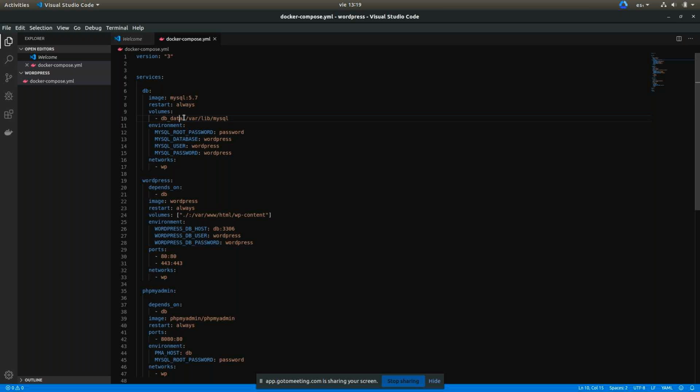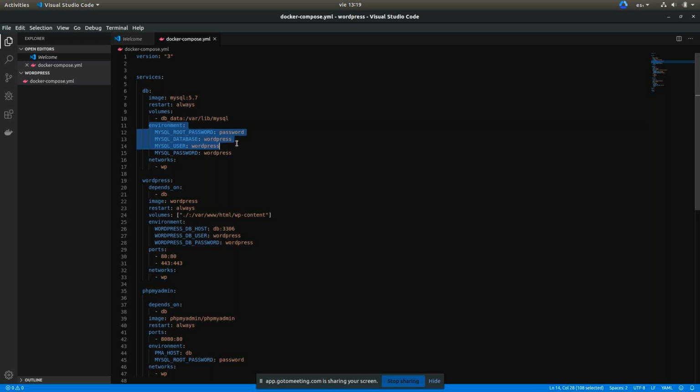The left side is on the host machine, and the right side of this line of code is on the container side. So we are exposing this directory DB data to the container, and in the container that folder is reflected in this directory in MySQL.